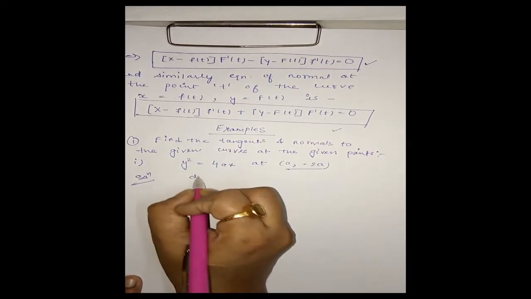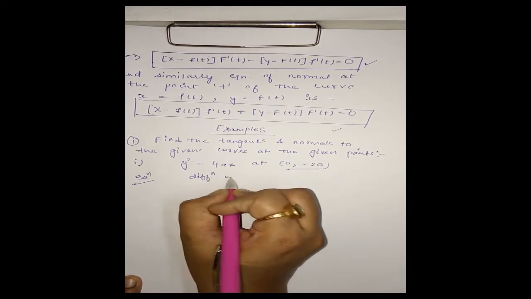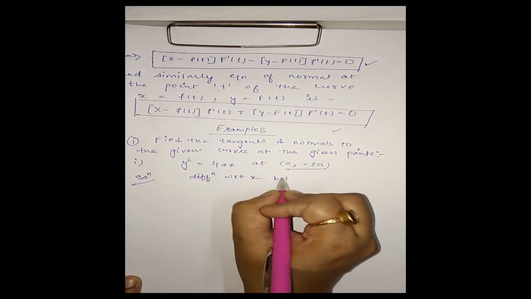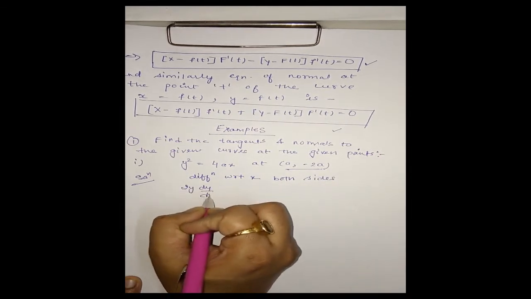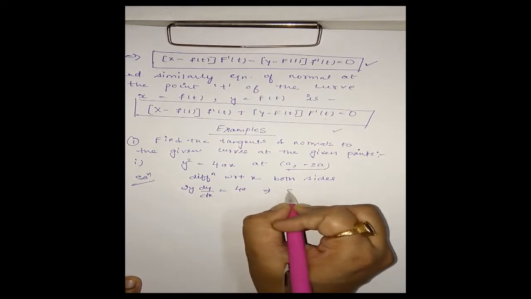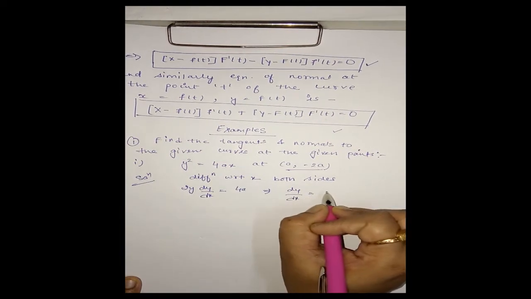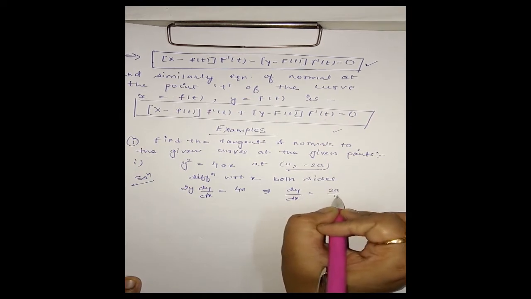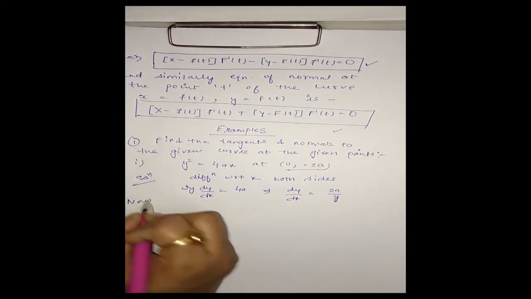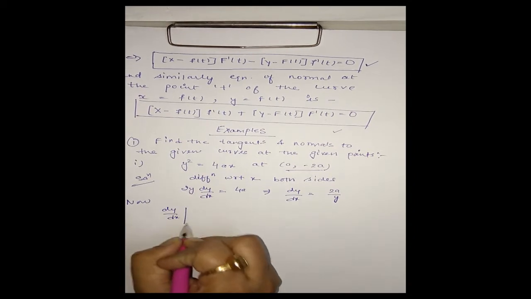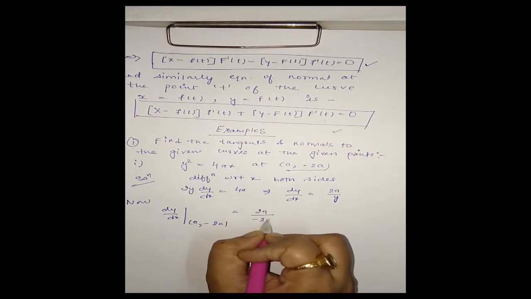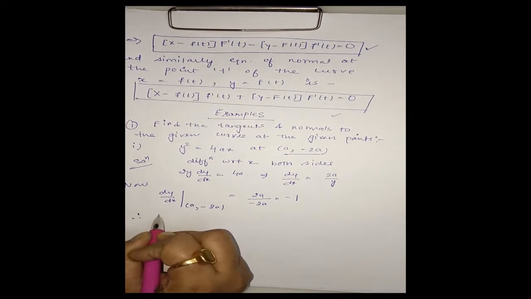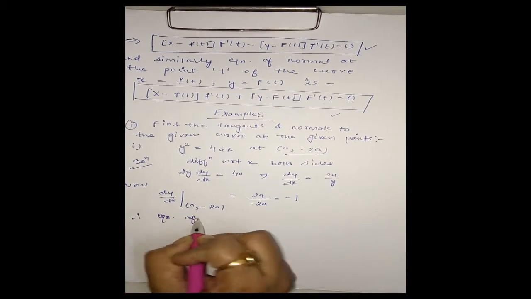For this, first we have to find dy by dx, differentiating with respect to x both sides. This will give us 2y dy by dx is equal to 4a. That is, dy by dx is equal to 2a by y. Now, dy by dx at the given point a, minus 2a is 2a by minus 2a, that is -1. Now, therefore equation of tangent